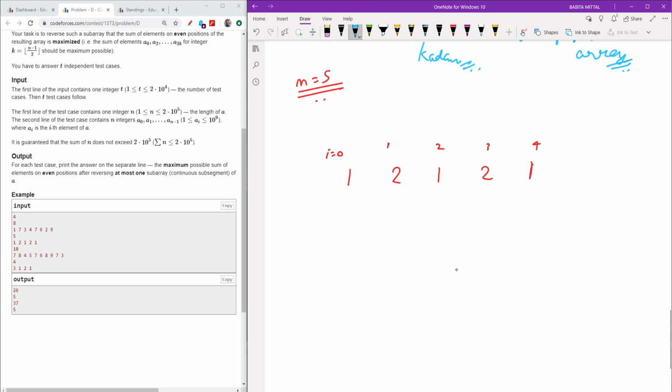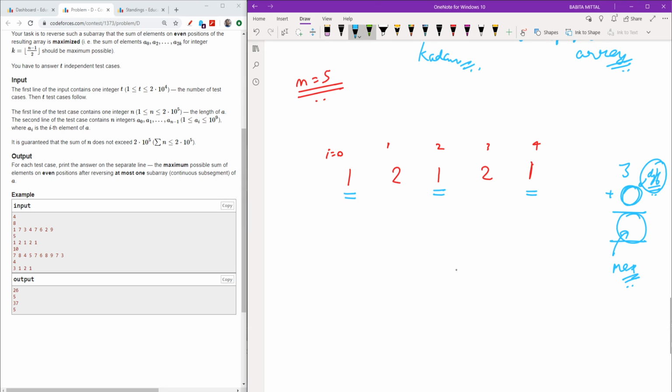So when you see clearly, first of all, I will have the sum of even indexes, because it is the sum which I can easily obtain already without doing any change, or without reversing any subarray. So the sum I can obtain for now is 3, which means 1 plus 1 plus 1, which is 3. Now I need to add some maximum difference thing, which I can get, so as to get the maximum answer of even indexes.